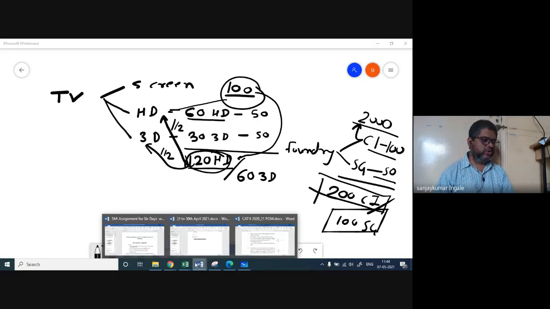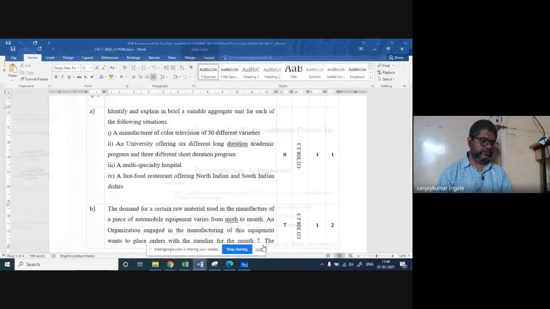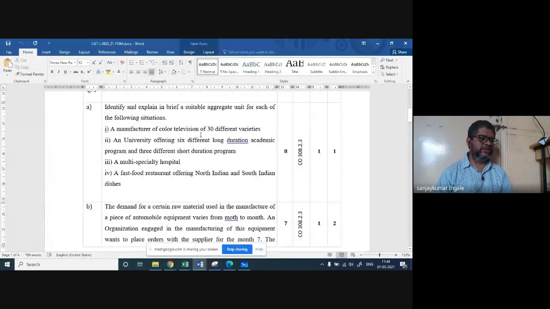Hello students, what is the total output of that system that you need to produce, that you need to mention? And that is what the meaning of aggregate unit is. And then next, what Harsh has said is, maybe the strategy you can follow, we can select one of the suitable strategies, but that was not expected in this particular question. In this particular question you need to just produce what is the total output. And output will vary depending upon the type of organization.